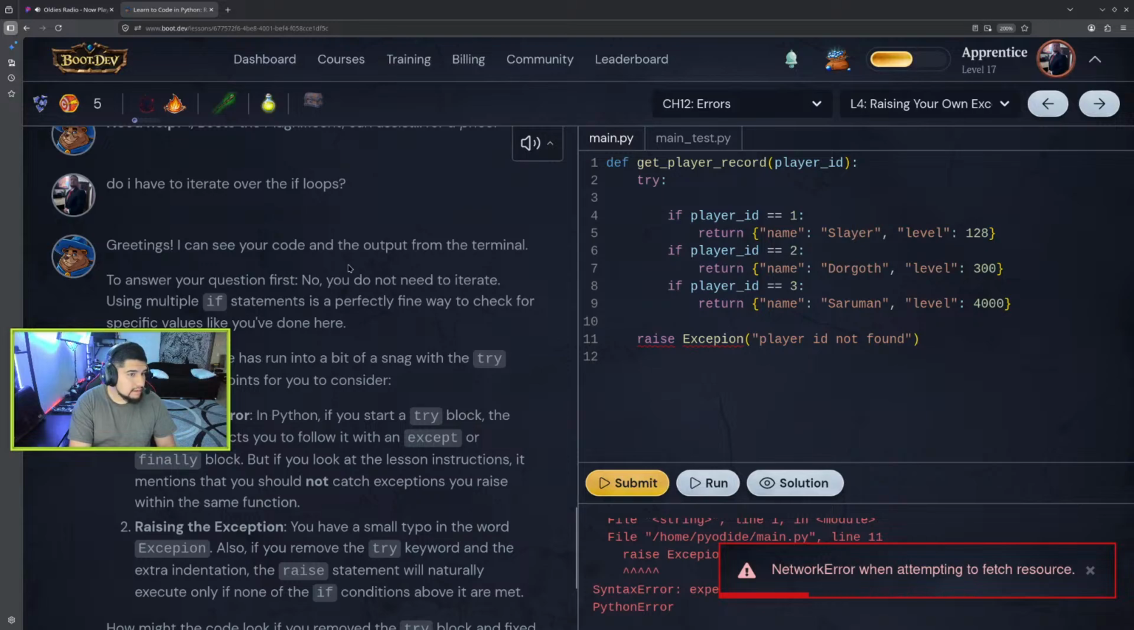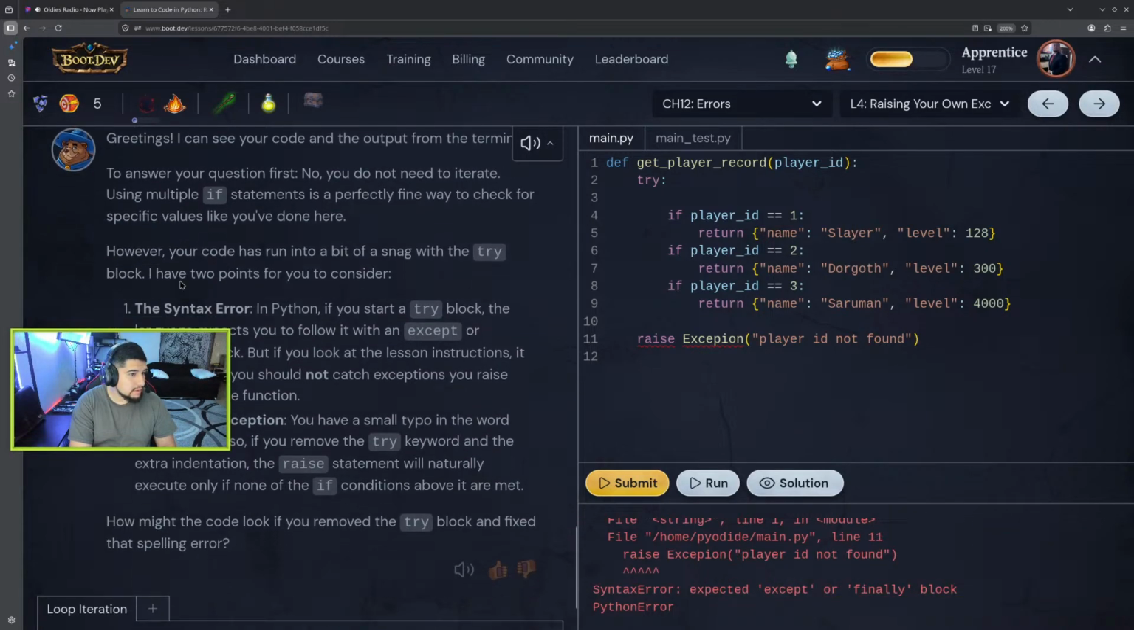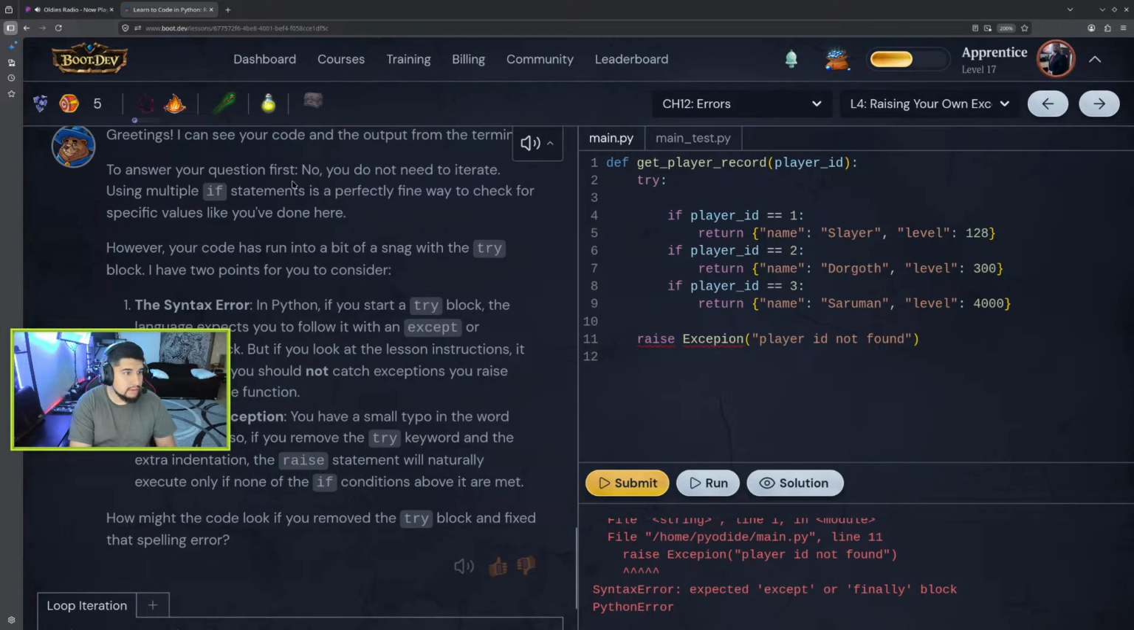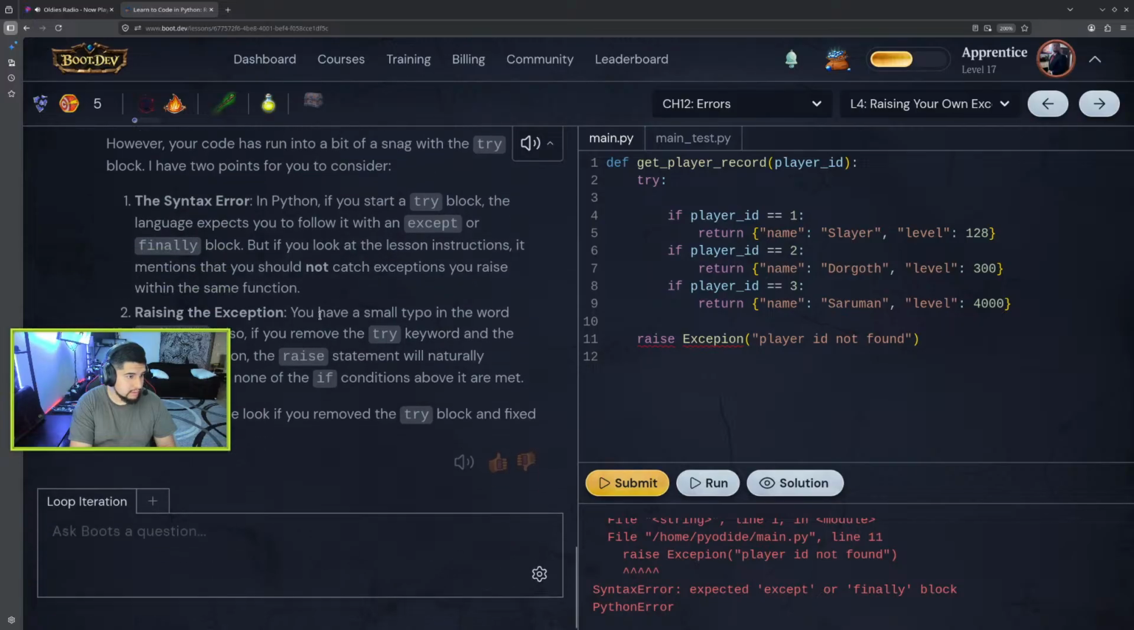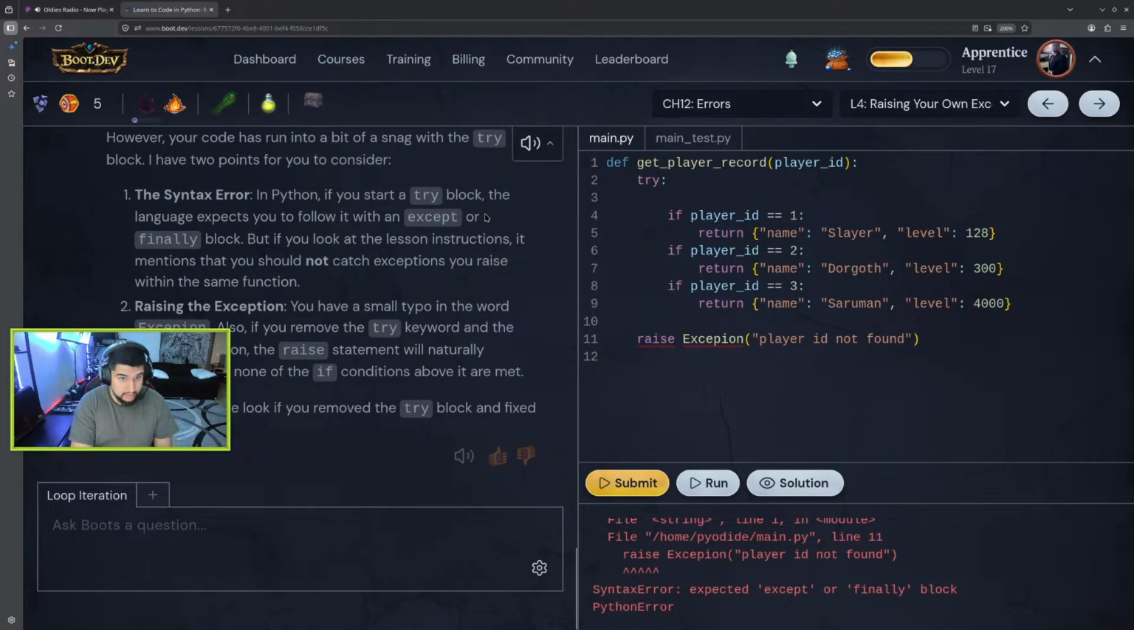It says, greetings, I can see your code in the output for the terminal. To answer your question first, no, you don't need to iterate using multiple if statements is a perfectly fine way to check specific values like you have done here. However, your code has run into a bit of snag. The try block, I have 2 points for you to consider. Syntax error. In Python, if you start with the try block, the language expects you to follow with an except or finally block. But you look at the, okay, so let me move this over here